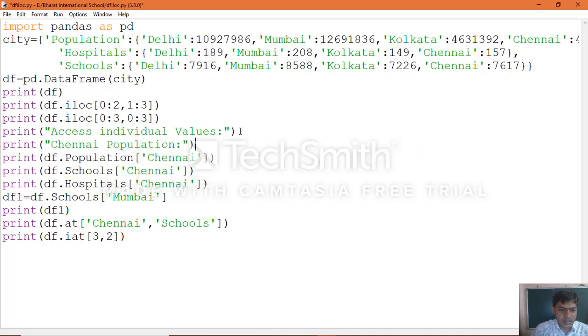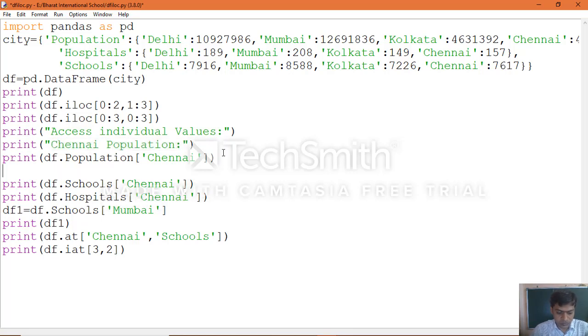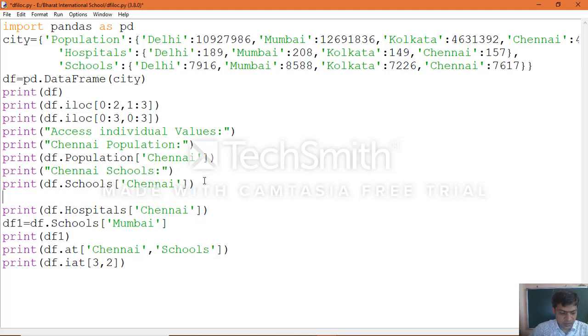Then same way, this time Chennai schools, or schools details.